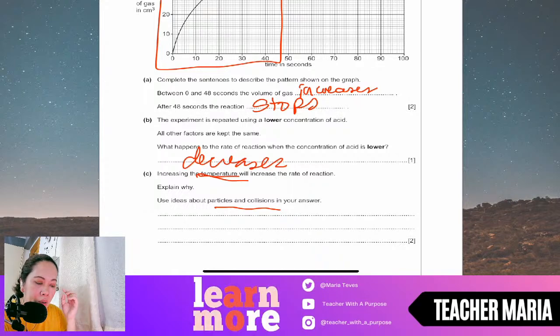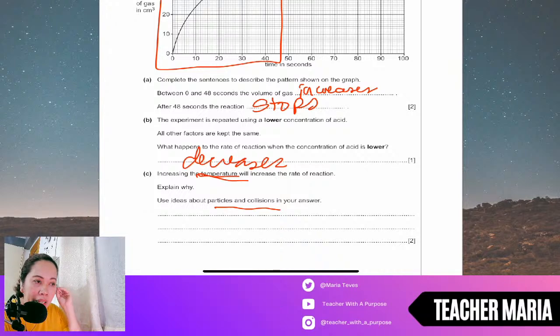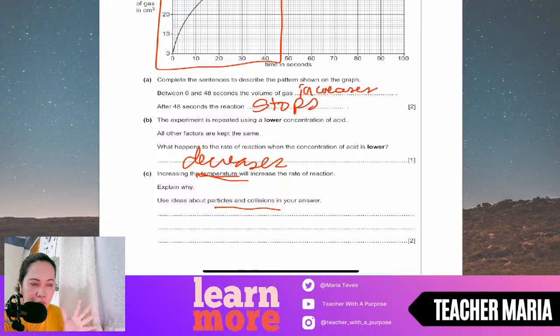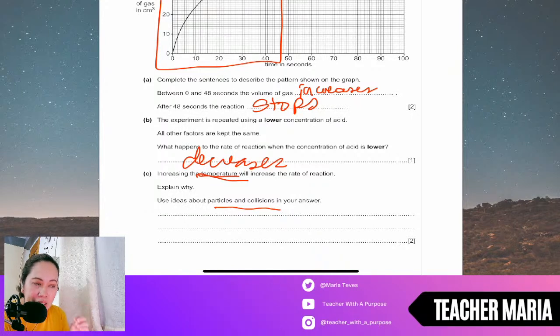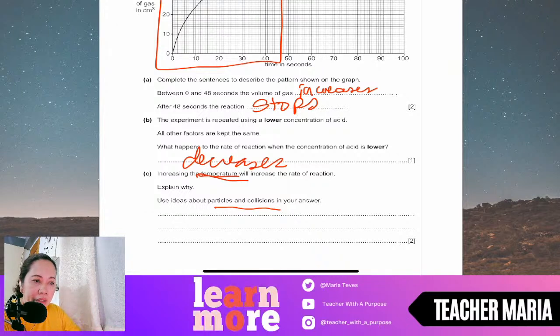Now, you are increasing the temperature. What would you think would happen to your particles if you increase the temperature? So, if you increase the temperature, the rate of reaction will also